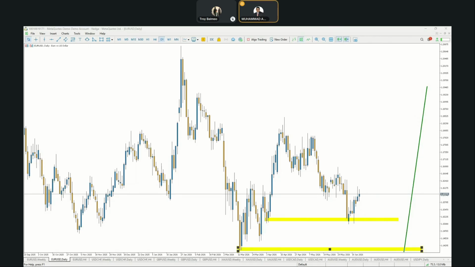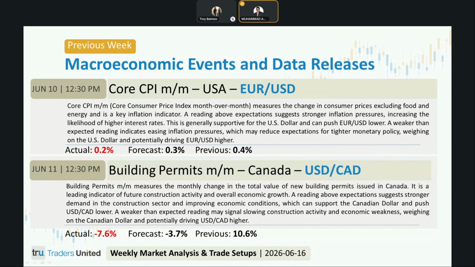Forex traders should continue monitoring US economic data and Federal Reserve communication for additional direction. The overall analysis is the USA core CPI report came in weaker than expected at 0.2%, signaling a faster slowdown in underlying inflation pressures than currency markets anticipated, because inflation is a key driver of Federal Reserve policy decisions. The softer reading encouraged expectations for a less restrictive policy outlook.